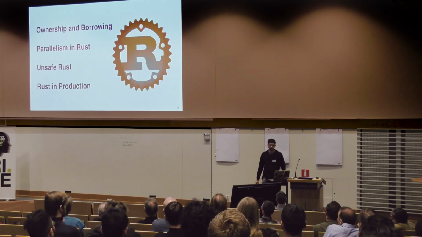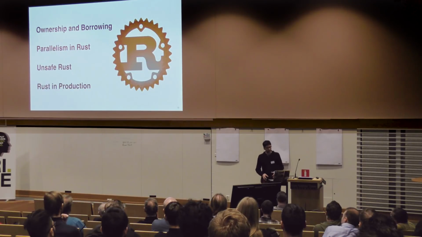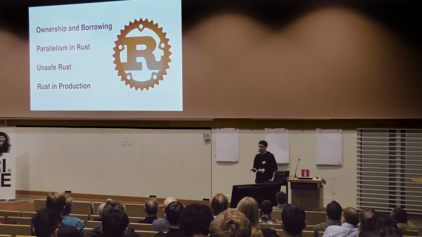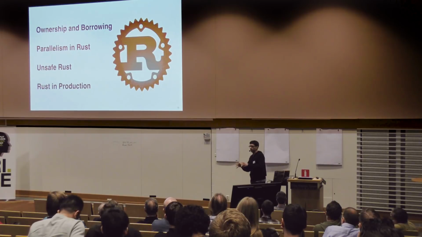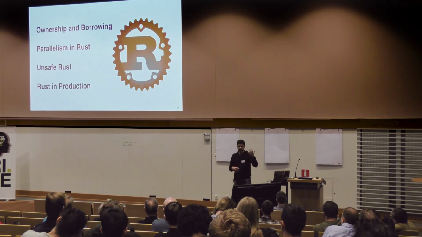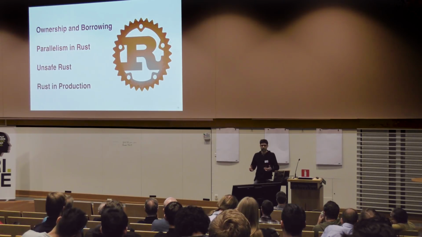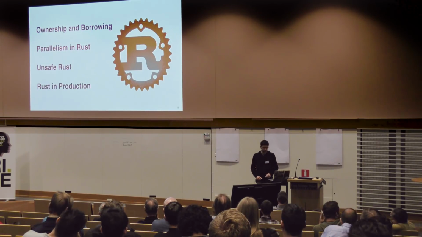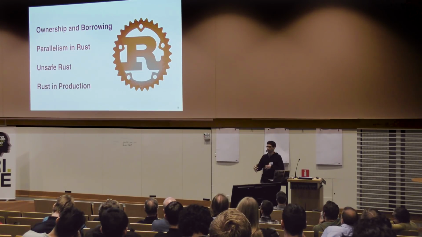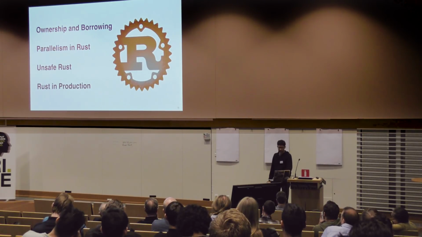All right, so this is what I'm going to cover in this talk. I'm going to start with these concepts of ownership and borrowing. These are the things that make Rust sort of tick, how we get those safety guarantees. And then I'm going to use those and show you how we can use them to do a lot of different parallel abstractions, everything from shared memory with locks to sending data over channels and so forth, all without any data races. I'll talk a little bit about unsafe Rust and show what happens when you need to go past those rules and how we can handle that. And then some of our experiences using it at Mozilla and so on.